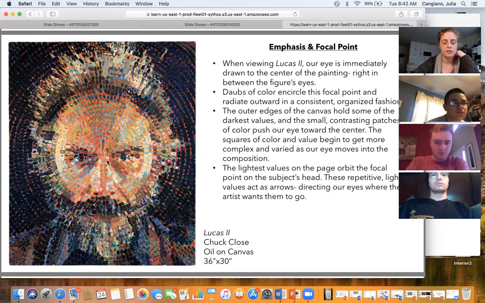You're getting this weird almost... I get a religious element from it, but that might be because I went to Catholic school. But either way, I think it's interesting. And the final thing, the lightest values on the page are right around the subject's eyes, like the head. So you're obviously having darker values on the outer edge, and then the lighter values positioned right next to them are calling your attention right away, and directing you exactly where the artist wants you to be.